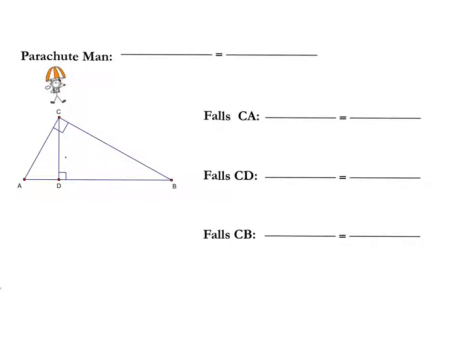Alright, this is a quick explanation of Parachute Man. For those of you who were absent or having a hard time understanding, I'm going to give you a visual here. How Parachute Man works is we start with a story. We've got a guy jumping out of a plane. This works when you see this triangle like we have here,